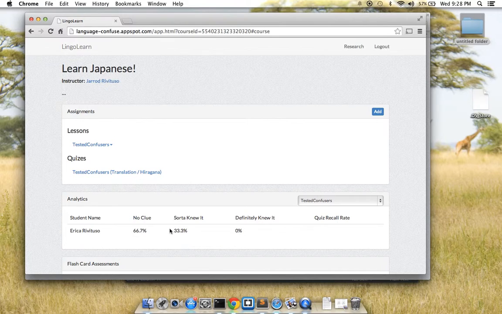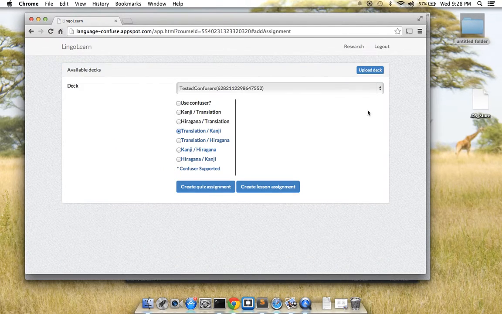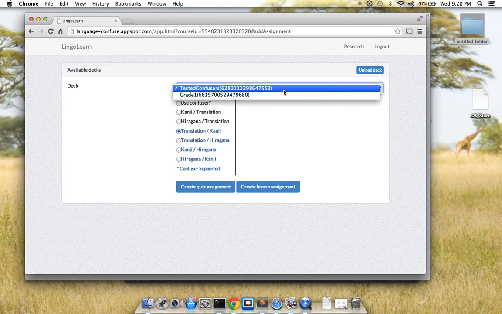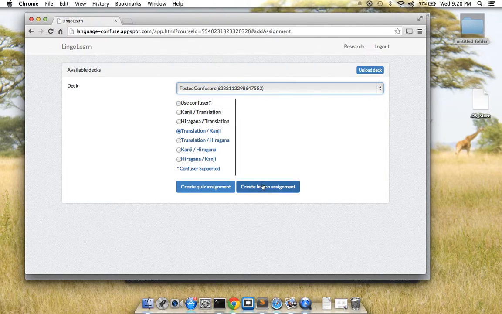So if I wanted to add a new assignment, since I'm the instructor, I can do that. Click on add, and then I select from a list of decks that I can choose. I can either create a lesson assignment, which is the general flashcard assignment, or I can create a quiz, and the quizzes have specific